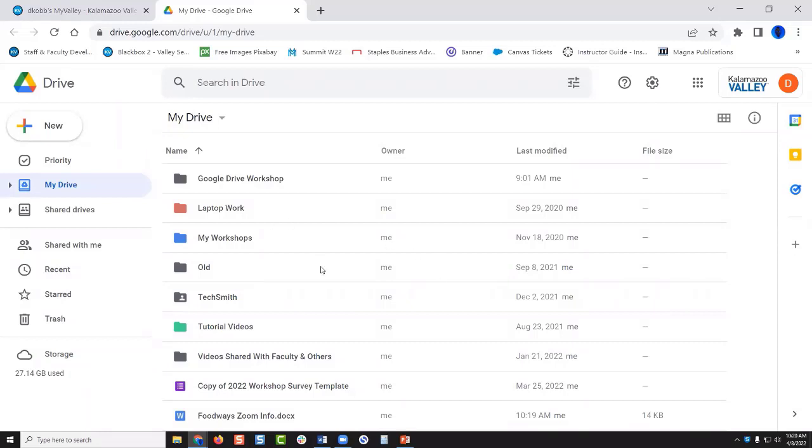I like using the Google Drive because it's easier for collaboration. One thing I'll be showing later on is how you can share files and folders and even entire drives with multiple people. And then that way you can all work within the same folders and files. And so the collaboration tools are a lot better, in my opinion. So that's why I use Google Drive more than the O drive. But the O drive is a fine solution.